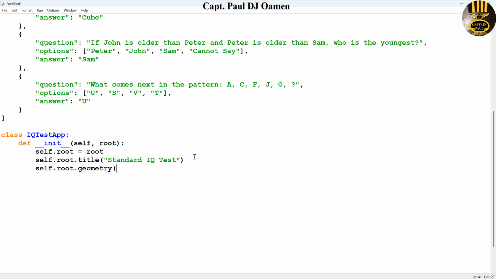Geometry, that will be 1800 by 1000. Yeah, let's go for 1000. You can always change it around. All right, next I'm going to create some variables that will take in the value. The variables that I'm going to declare will be the one that will keep track of the user score,